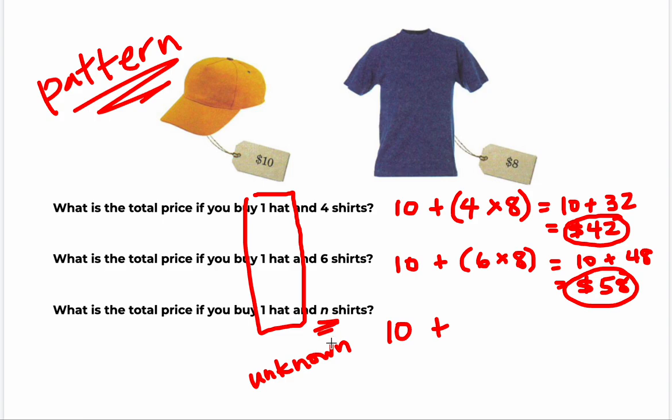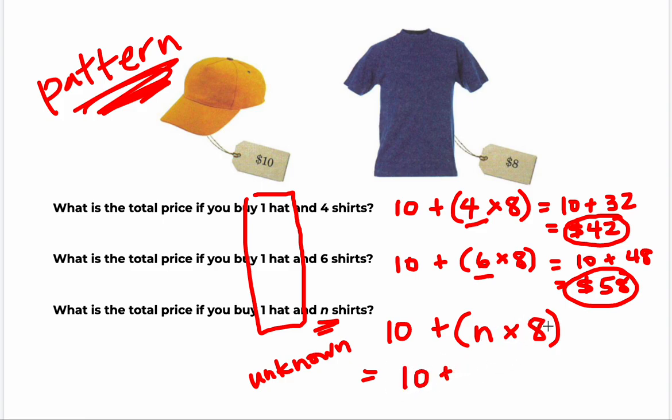Well, we can still come up with an expression for that because we figured out the pattern. Every time we added 10, and then each time we took the number. The first time we knew the number was 4 shirts. Second time we knew the number was 6. This time we don't know what the number is. That's okay. We're going to do the same thing. Take that number, which is unknown for now, and multiply that by 8, the cost. So we're just following the same pattern. This time we're replacing the number, which we don't know, with the letter, which we call the variable, N. And then we can rewrite this as 10 plus